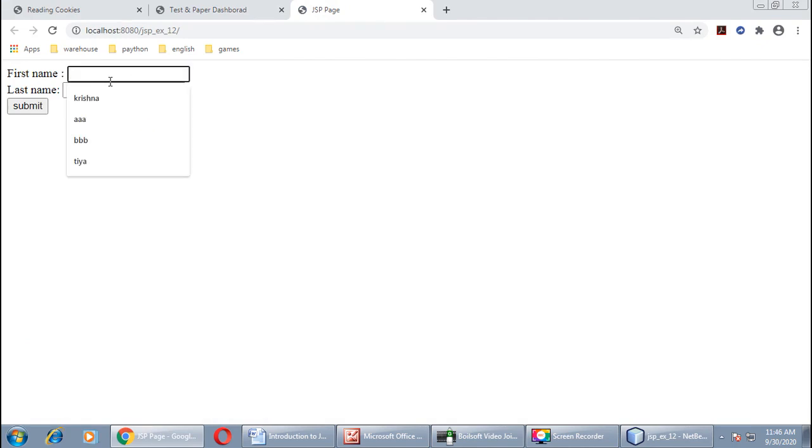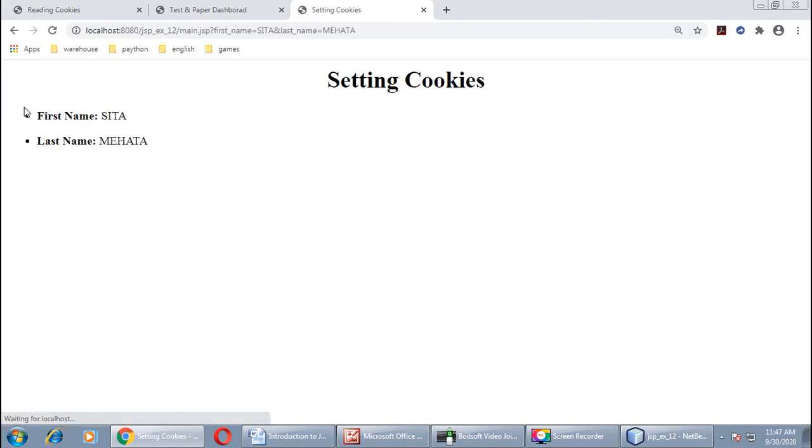Here we got two text boxes, right? Let us enter one more new name in it. And click on submit button. Now we are on second page, that is main.jsp, right?